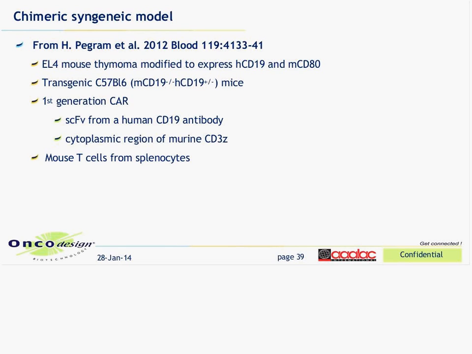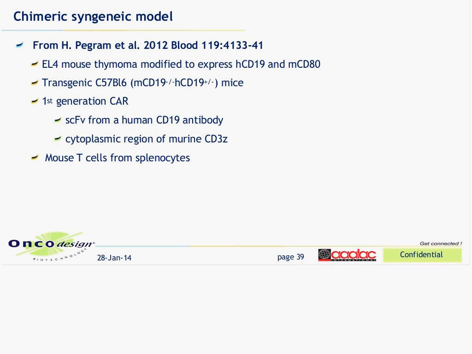So in this case, the model is the EL4 mouse thymoma that was engineered to express human CD19. The host is transgenic black six mice that express